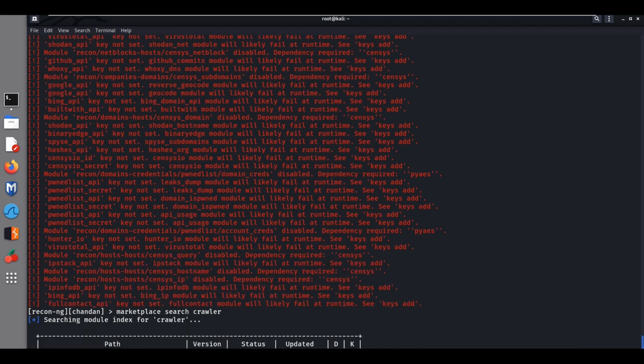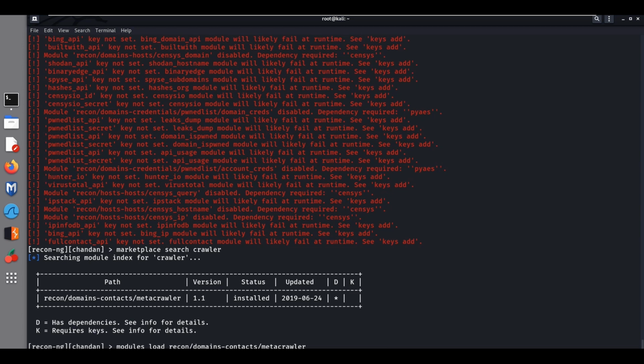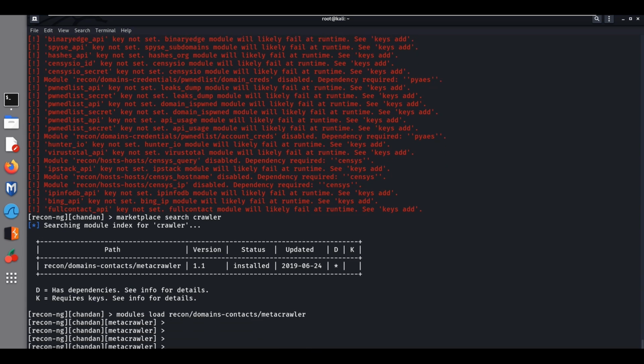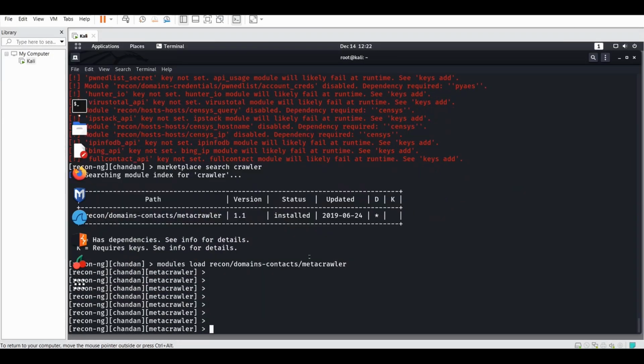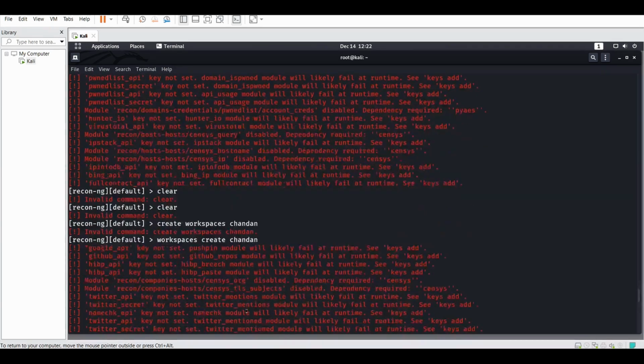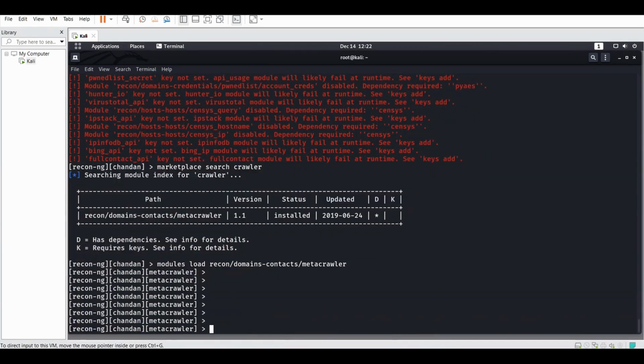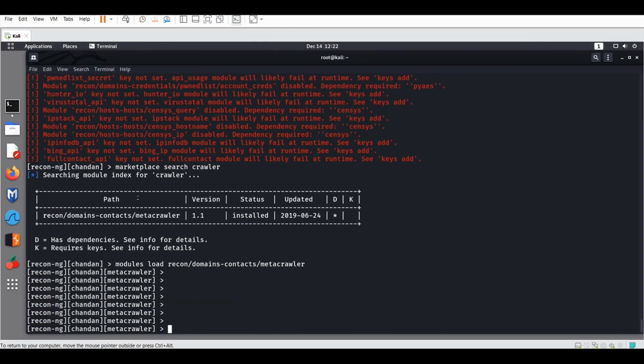Wait a second, let me move a little bit down. Otherwise you people can't see what I'm writing. Yeah. Now I've already loaded it. Now if I write here options set source,